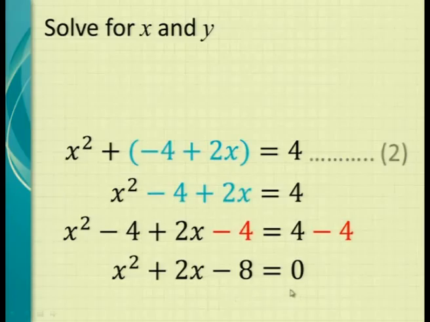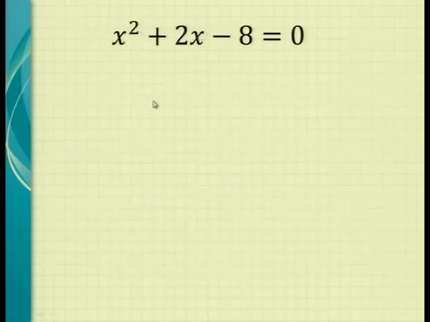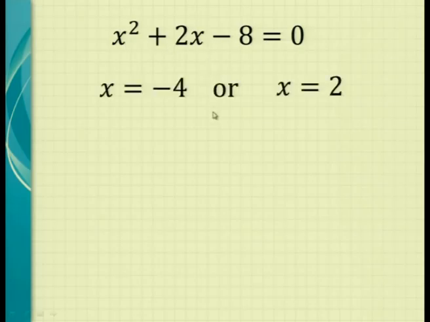And you should jump for joy because this now looks familiar. This is a quadratic equation with a 0 on the right-hand side. You know how to solve this. We've done that. So using your formula, you can find the values for x. If you don't know how, go back to the previous lessons. We've done it. If we use the formula in this equation, we will find that x equals minus 4 or x equals 2. Remember, we get two values where it's 0.